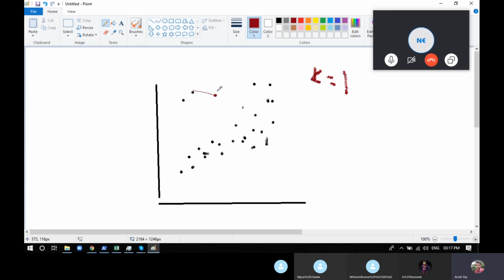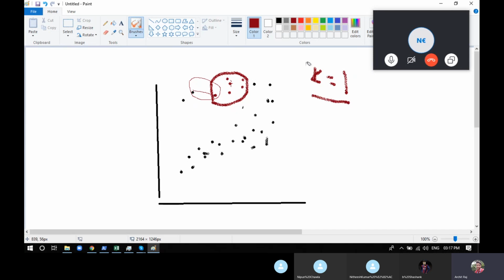This is the closest one, so it will assign this particular category. Only because this data point is close to our outlier, it is considered an outlier, even though there is a chance that it's not. Just imagine there are more points here. So it's highly probable that this is in that cluster. But because there is a close outlier, the data point is considered an outlier.